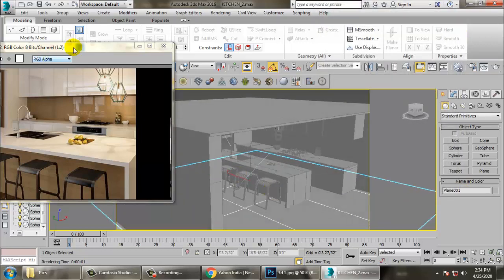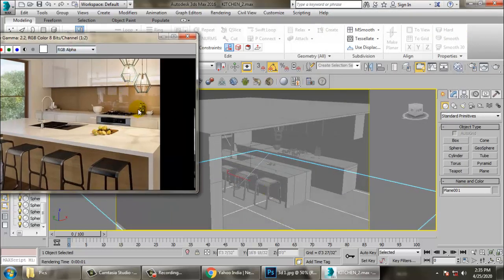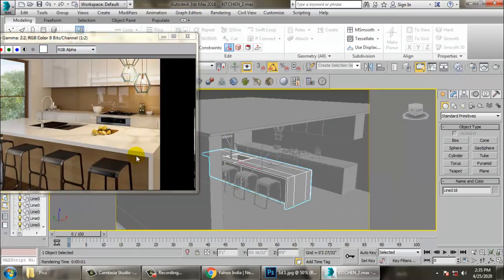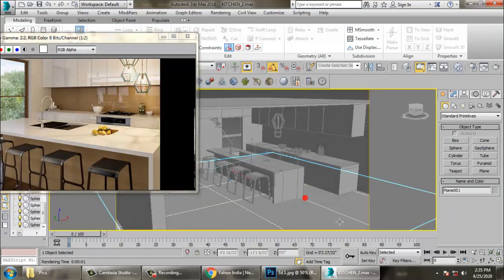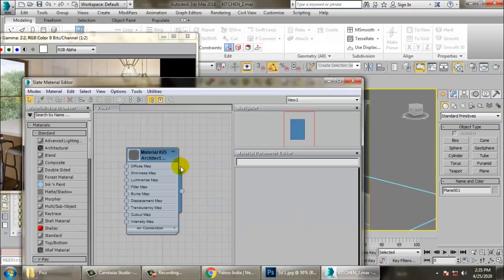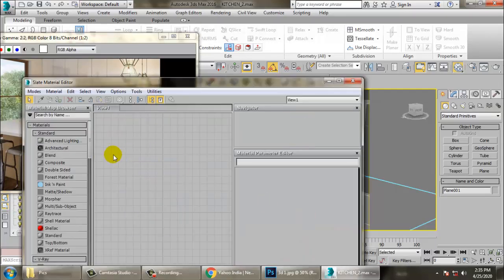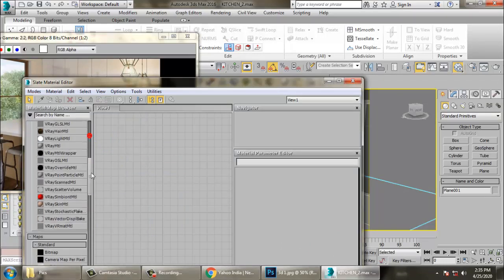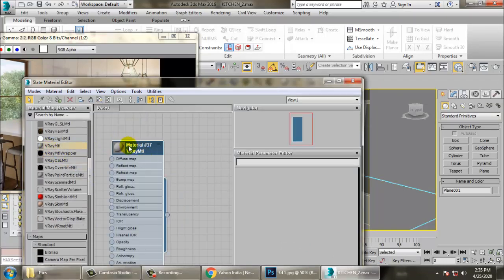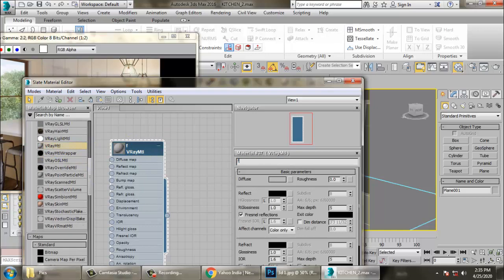If you want to unwrap, I'll show you one unwrapping part. I'll show you how to unwrap this table. If you want to unwrap any of it, you can just easily unwrap it. So first let's go to the ground, press M, let's go into the material editor over here. Let's take a Vray material and name it as floor,